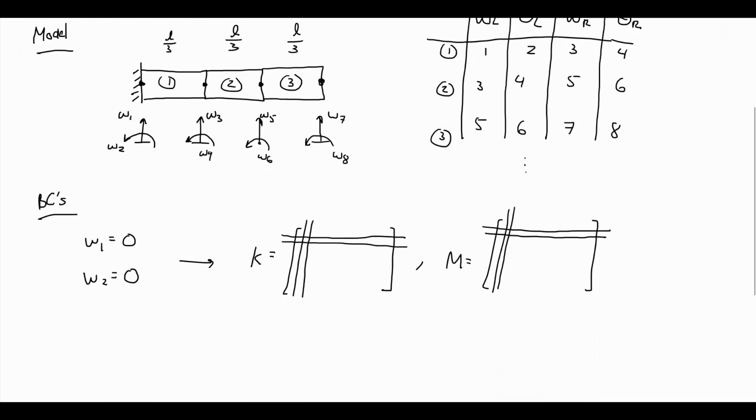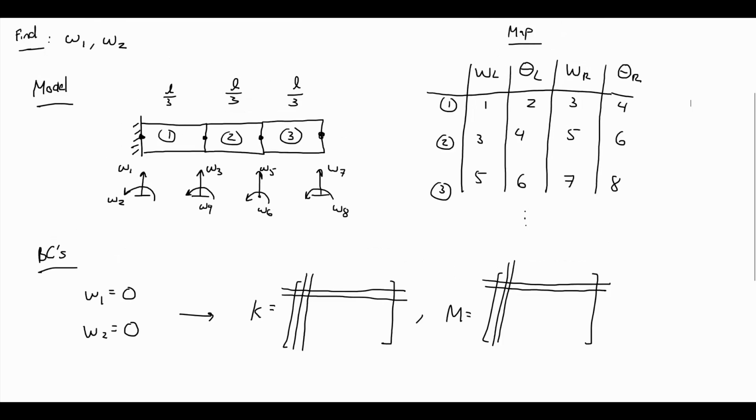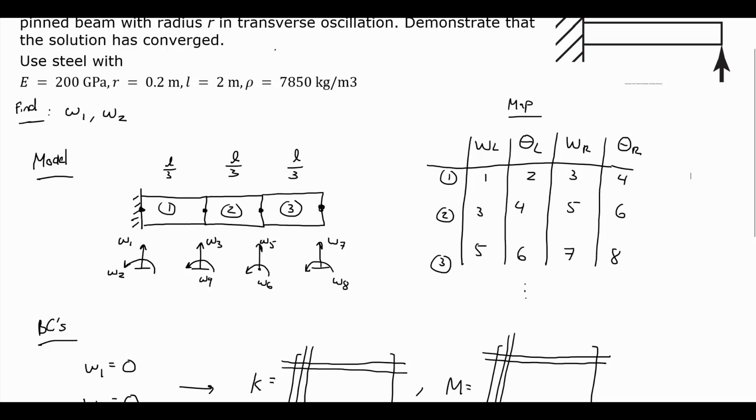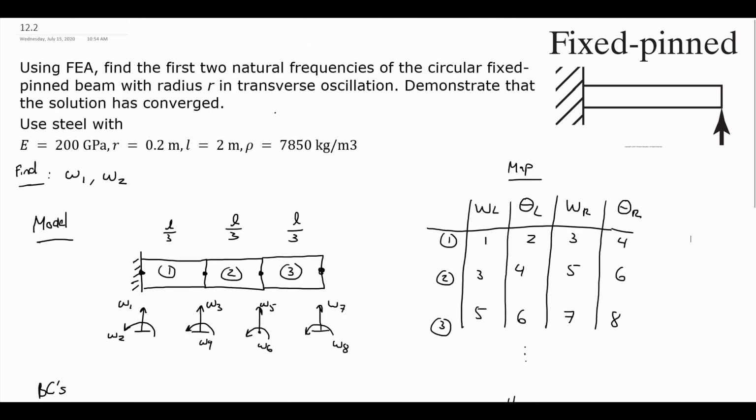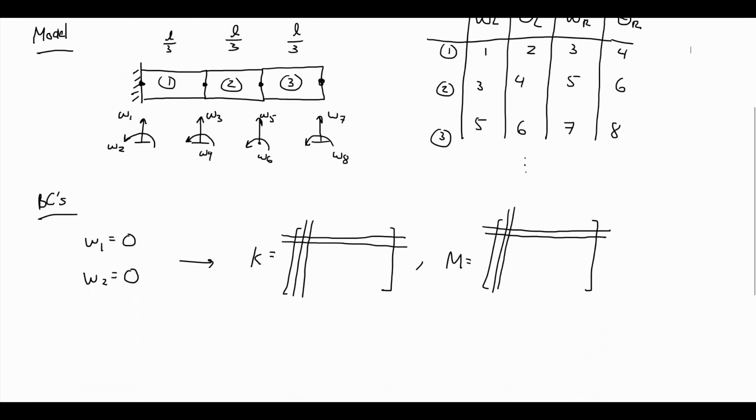The only thing that we do have to think about that's going to be different are the boundary conditions. So from the picture, W1, W2, those are still going to be always 0. There is still that wall connection at the left-hand side, which means that W1, W2 are 0. Even as we keep adding more and more elements, still the first 2 are always going to be at the wall, always going to be 0.